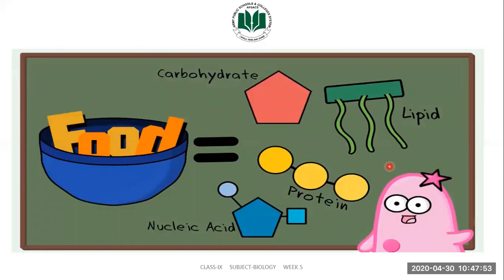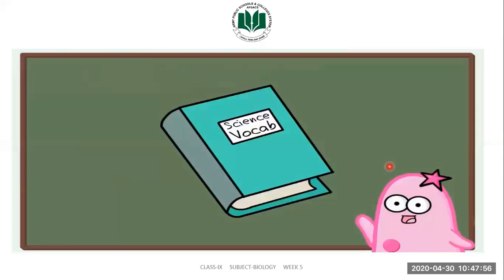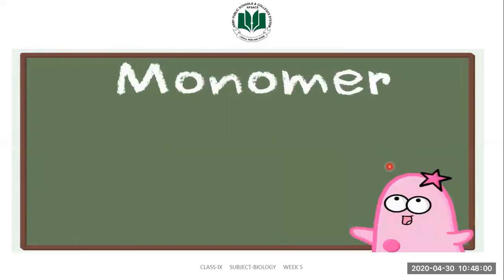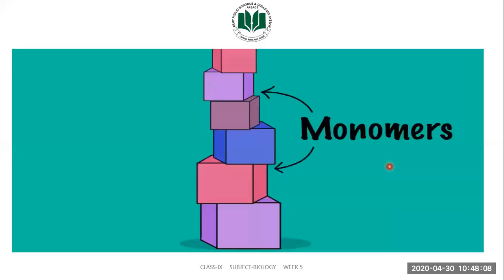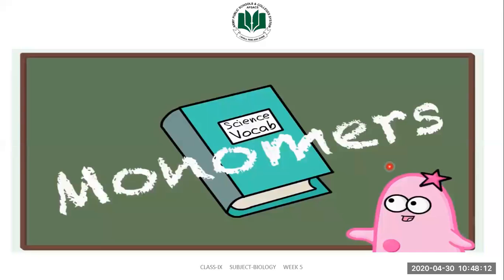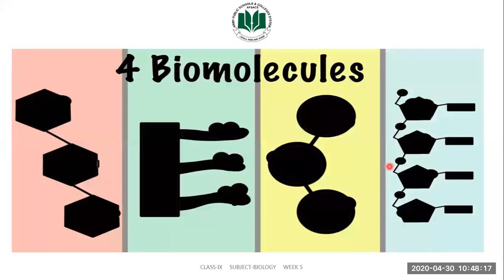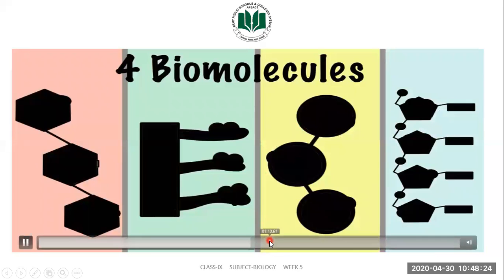Before we get into details about the 4 biomolecules, we need to talk about one very important vocabulary word, the word monomer. A monomer is a building block. If I had some large substance, the parts that make up the substance are called monomers, just like building blocks. We're going to talk a lot about monomers today because we need to understand what the biomolecules are made of. And we need to understand biomolecules because they're building components of life. So let's introduce the 4 biomolecules now and talk a little bit about their functions.